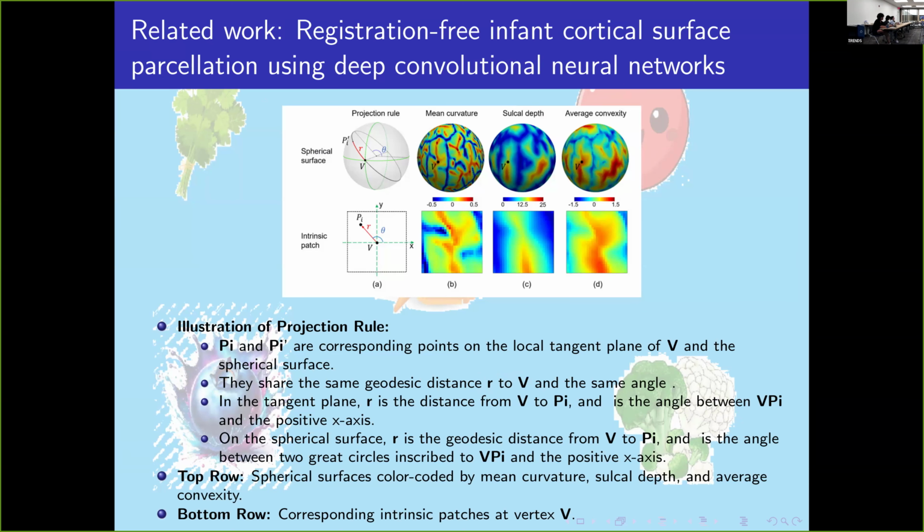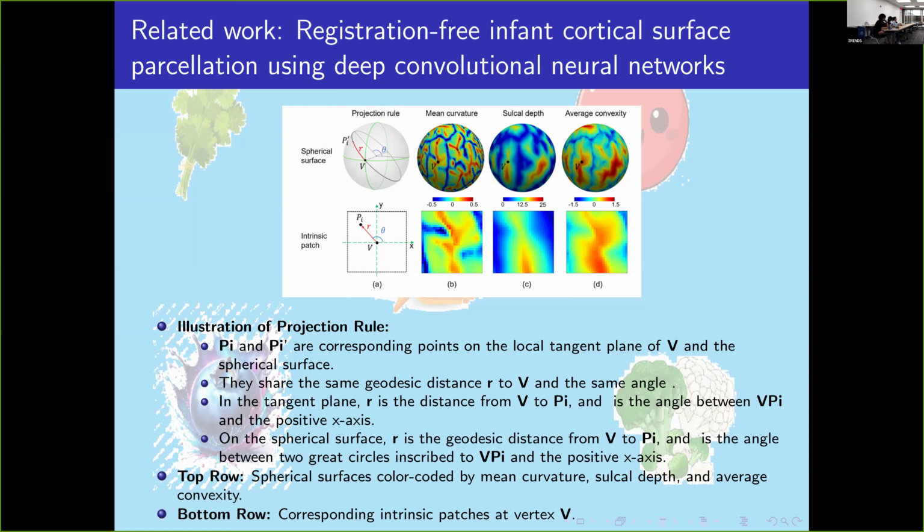So this goes to what Sergey was talking about earlier. In subsequent slides, you'll see that curvature, sulcal depth, and average complexity are very common inputs to these spherical architectures as channels. And you can see the spherical and the planar projections of these different attribute maps, and the white part, the far left part, the projection rule,